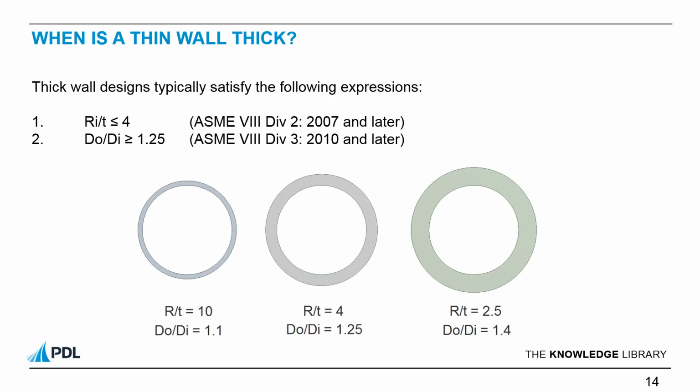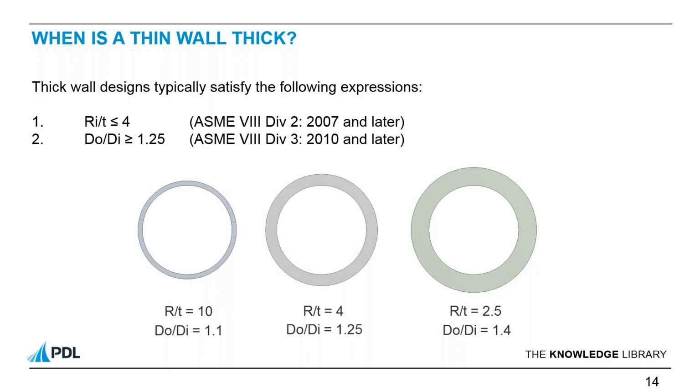So the two expressions on screen, the first is given in terms of the inside radius and the wall thickness. The second given in terms of the outside diameter and the inside diameter. They're mathematically equivalent. And essentially, what we're saying is if the inside radius over the thickness is less than or equal to 4, then it's a thick wall. Equally, if the outside diameter over the inside diameter is greater than or equal to 1.25, then it's a thick